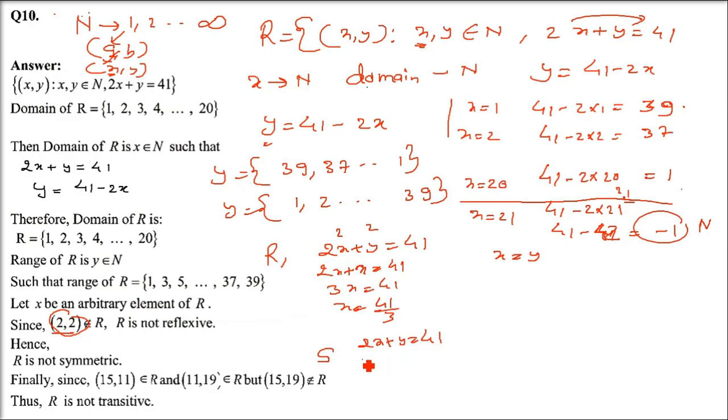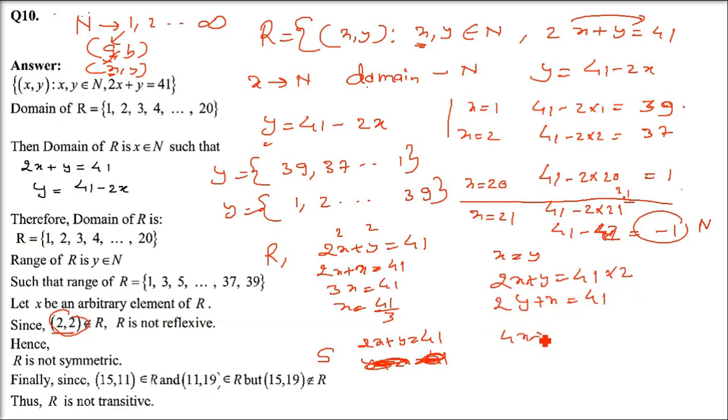So 2x plus y equals 41 and 2y plus x equals 41. It is not y plus 2x. So let us see here. Let me write it again and then I'll multiply this and try to solve for x and y, and then we'll prove the contradiction. That is 2x plus y equals 41 and 2y plus x equals 41. These are two equations. I've just replaced xy with yx.